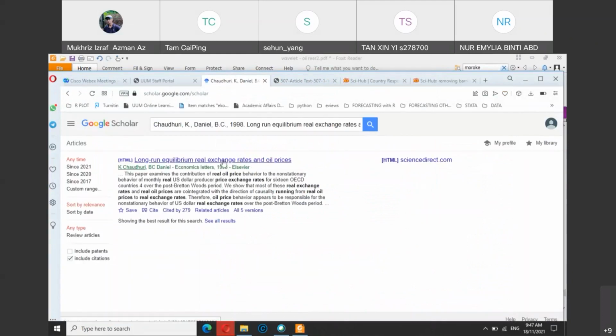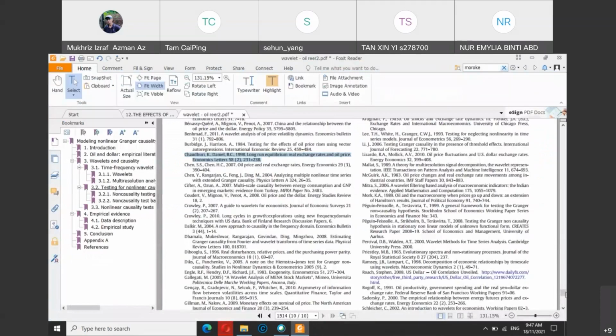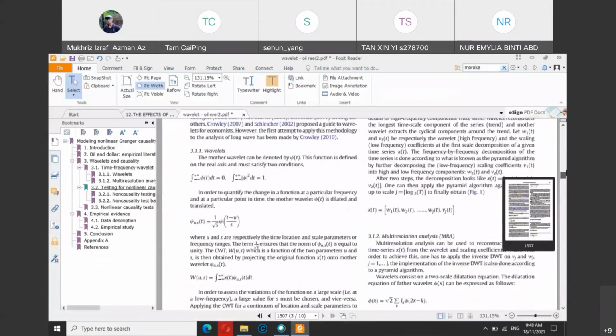So this is the original article by Chowdhury and Daniel, and you can see that the article is directly downloadable, meaning you can open the link and download the original article. This particular journal only summarized it in 3 lines, as I mentioned.